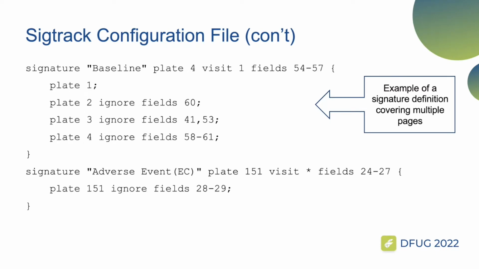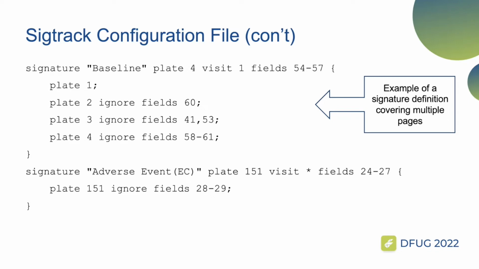It's on fields 54 to 57. It covers plate 1. There's no fields that are exempted, so there's no SDVs or internal fields on that one. Plate 2 has 1 field, 60, that we don't want to be relevant to the signature. Plate 3 has 2 fields, 41 and 53, and plate 4 has 58 to 61 that are not relevant. And then you see the second signature definition is the one that we just saw in the previous slide. So you can put as many of these as you like into the configuration file,